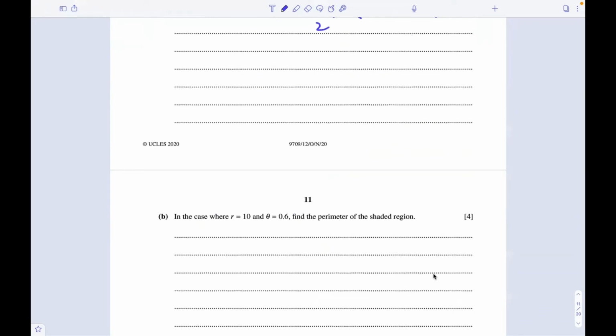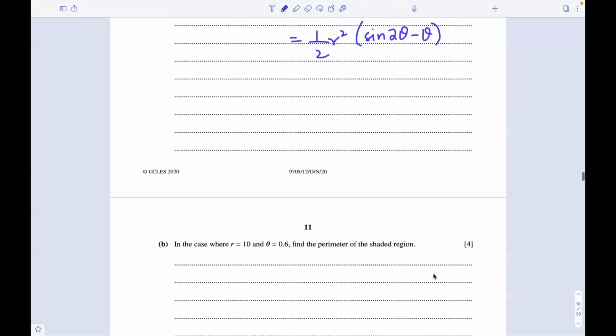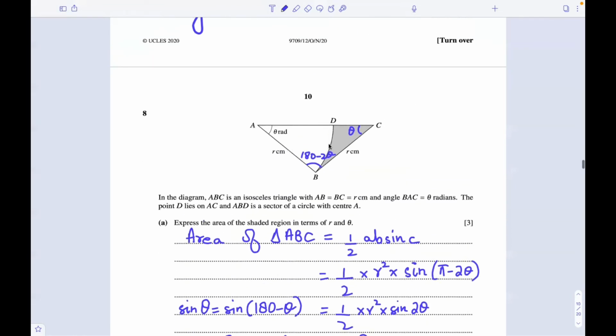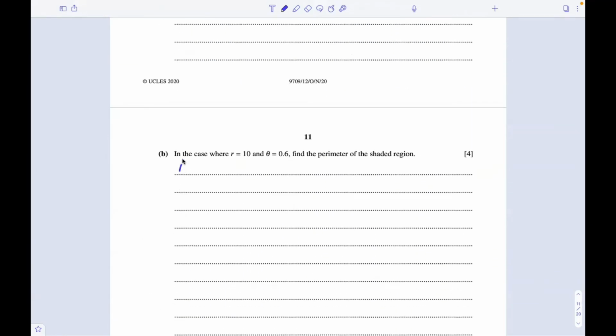Now in the next part, it says in the case where r is equal to 10 and theta is equal to 0.6, we have to find the perimeter of the shaded region. Now to find the perimeter, we need to understand that the length DC plus the arc DB and the length BC will basically make up the perimeter of the shaded region. So to begin with, we can write that the perimeter would be the length of BC plus the length of DC plus the arc length BD. Now to find the length of DC,